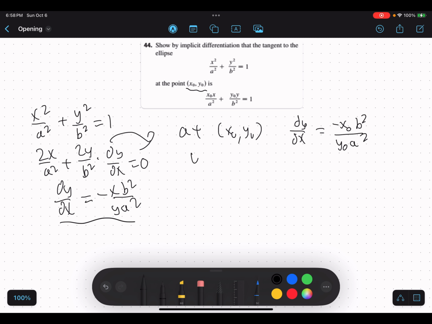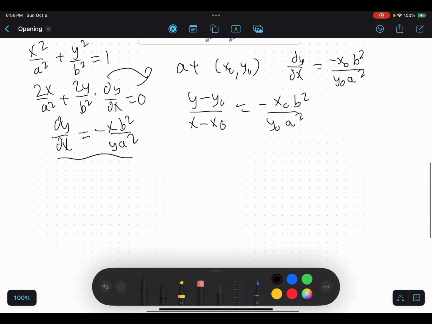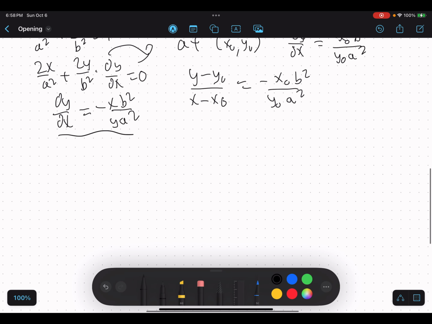So, okay, and you multiply both sides by x minus x naught and y naught a squared. So what you should get is